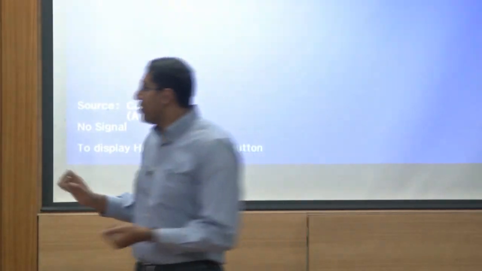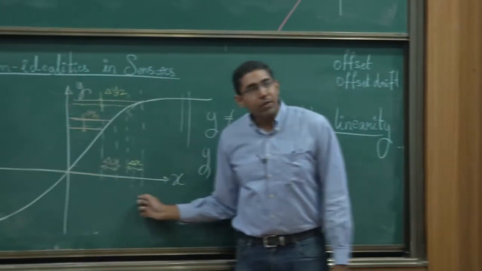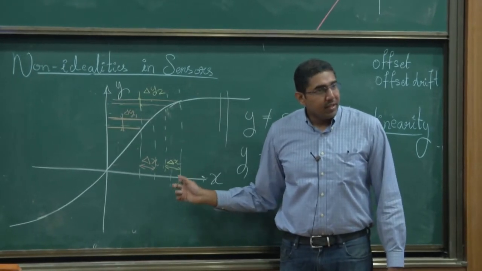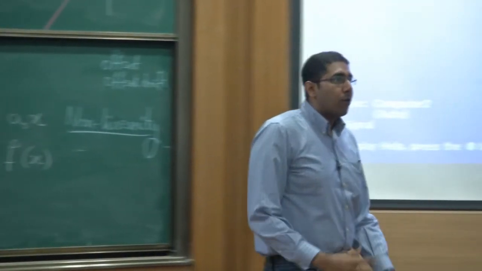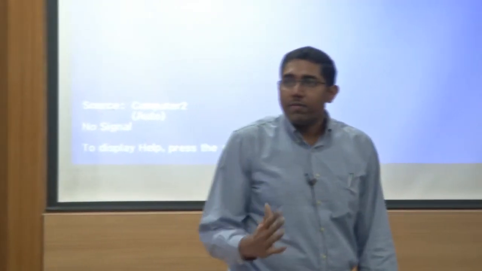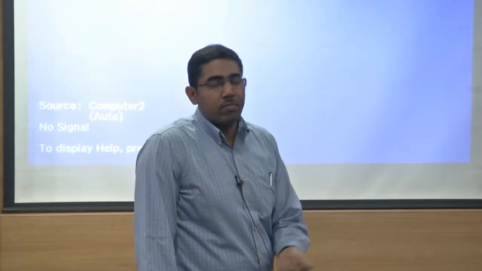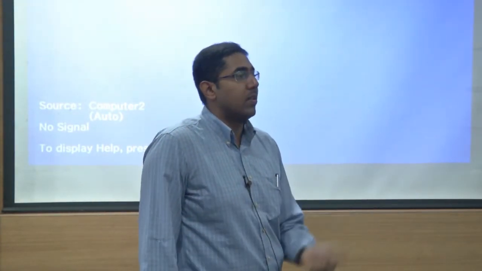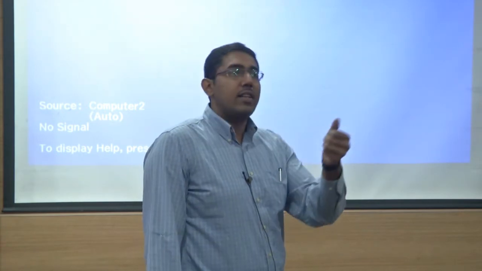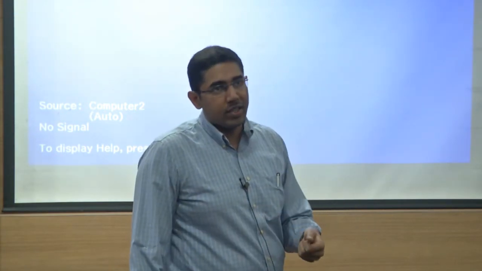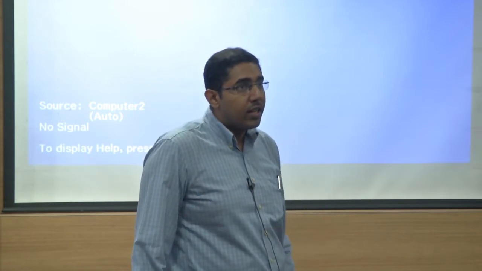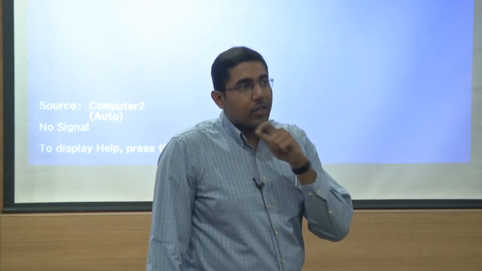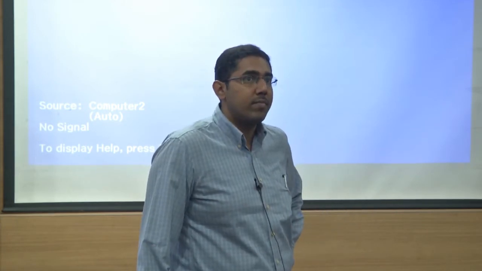So this variation of sensitivity with the actual value of the input is called nonlinearity, and it is actually a problem. For example, temperature, a simple example: 30 degrees to 31 degrees, let's say the resistor changes by 1%. From, let's say, 50 to 51 degrees, it changes by 0.5%. If you don't know the sensor is nonlinear, what will you infer? You end up with the wrong value.